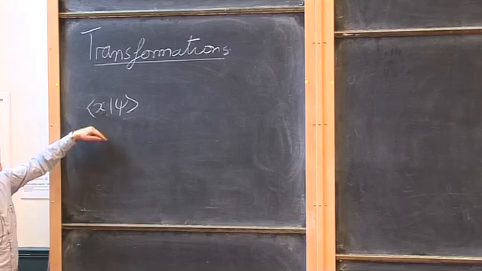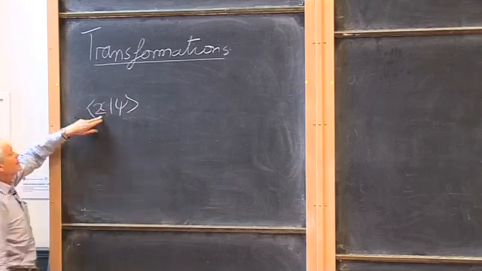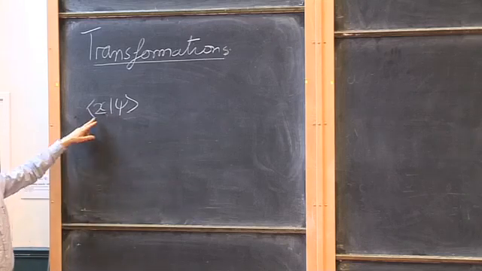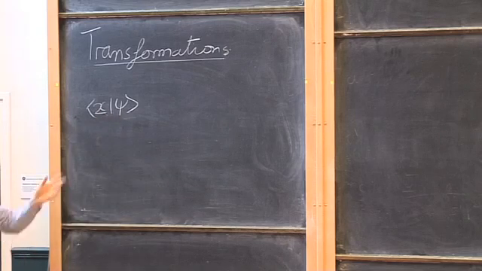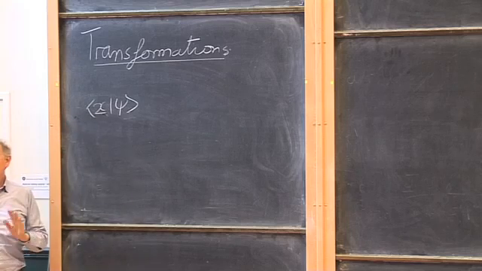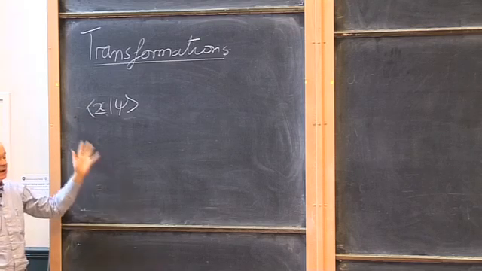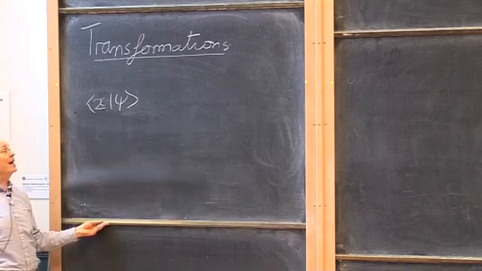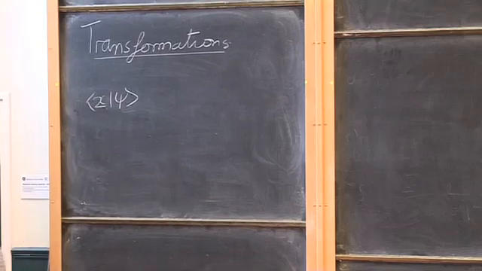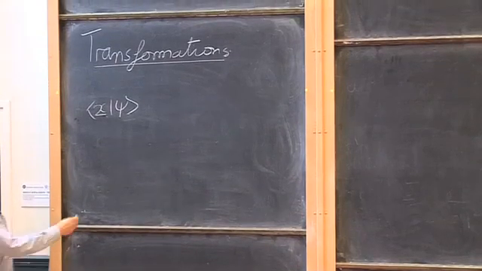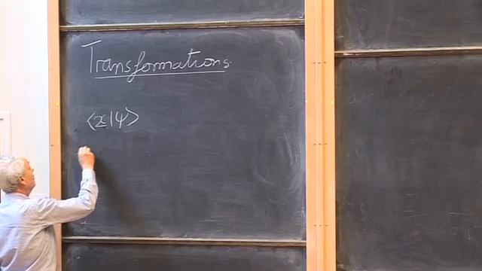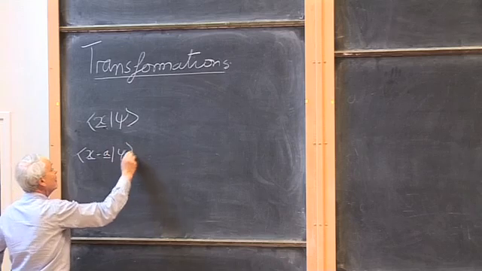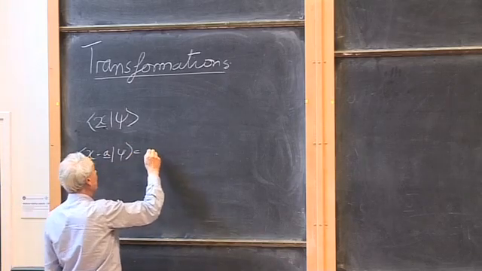Okay, so we know that this thing is a function of x, where x is now going to be a position vector. This is the amplitude to find your system, your particle, whatever, at the location x, right? So it's an amplitude which depends on x. It's a complex valued function of x, and so we can Taylor series expand this. Physicists always assume you can Taylor series expand everything. So we Taylor series expand this, and we say that if we evaluate this at x minus a, then that is going to be essentially,